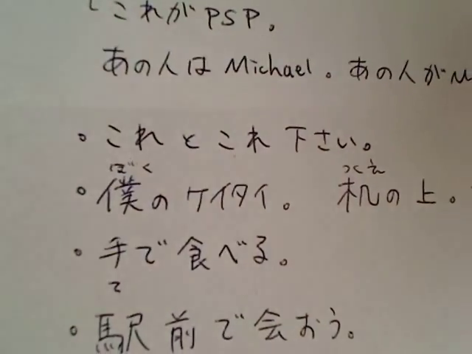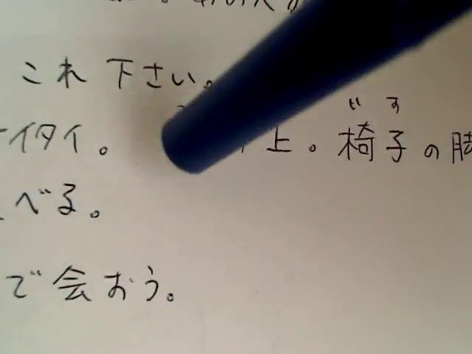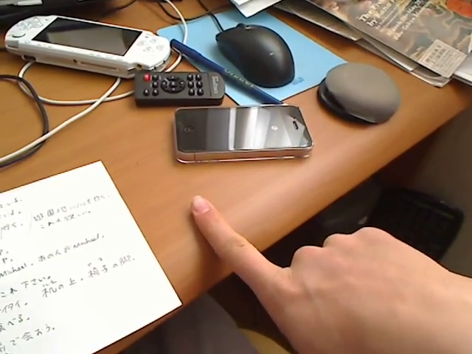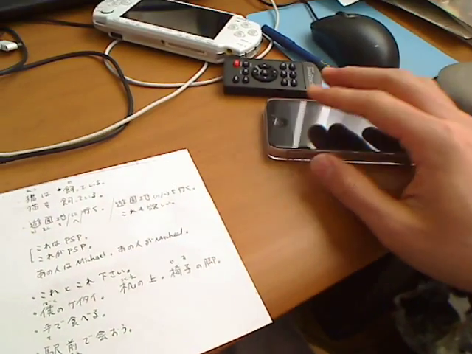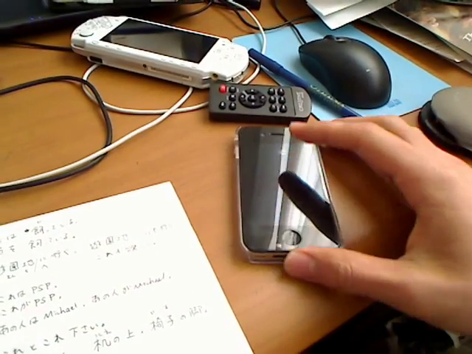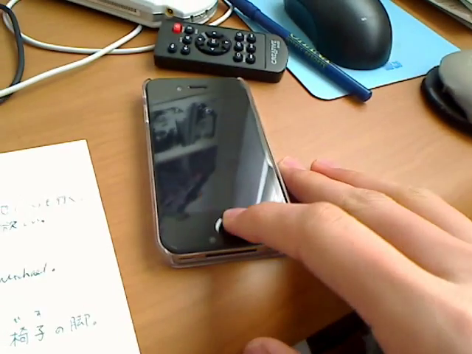We have kanji also. 僕の携帯。俺の携帯。お前の携帯。あの人の携帯。机の上。携帯が机の上にある。携帯は机の上にある。携帯は机の上にあるけど、ゴミ箱は机の下にある。